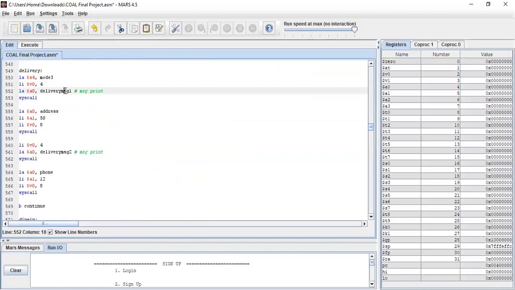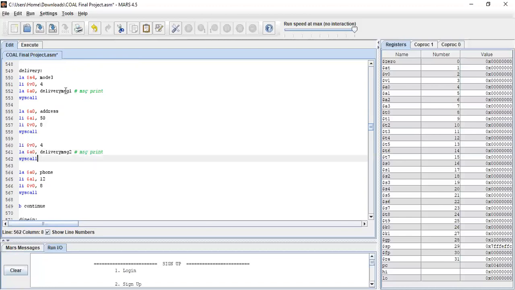Oh yes, and then we have to enter the details. It will print the name, for example, and ID. Then it will ask us the address. Address cannot be more than 50 characters, and then it will read the string that is address from V08.